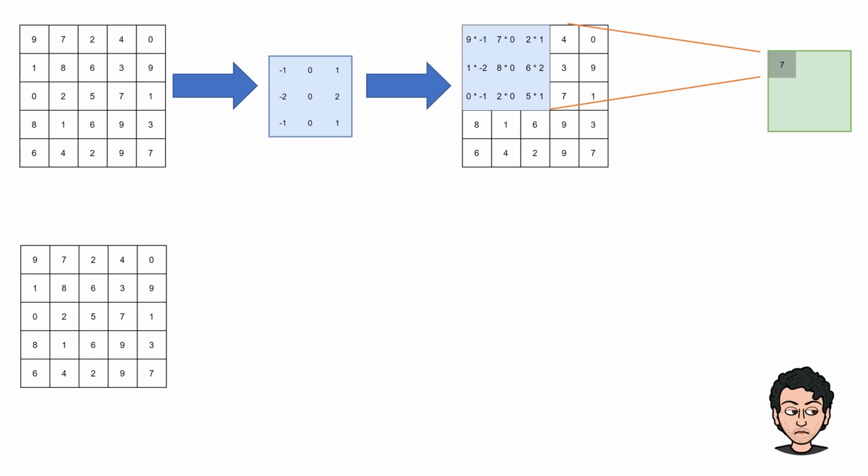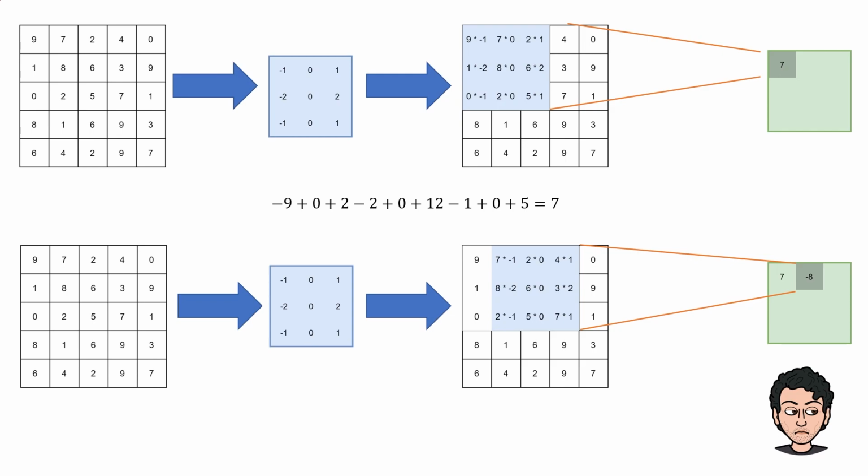I'll obviously show you the math. So assuming that, we have -9, then we have 0 because 0 into 7, which is the second column, first row, which will be convolved with the first row and second column of the 5 by 5 image. Similarly these things happen, and at the end all of this information is added and we have the number of the convolved image. Similarly the filter takes strides.